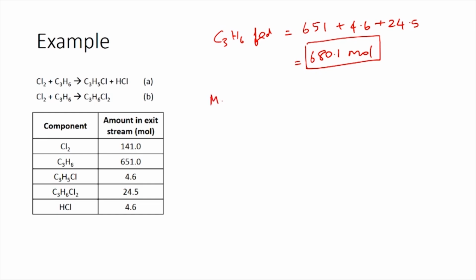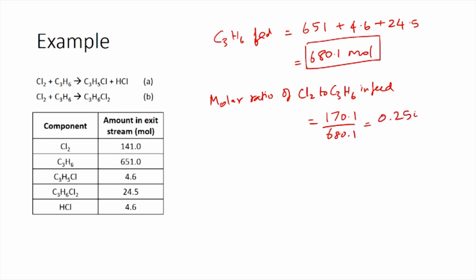So, the molar ratio of chlorine to C3H6 in the feed is actually 170.1 divided by 680.1, giving you a value of 0.2501, whereas the stoichiometric requirement is actually